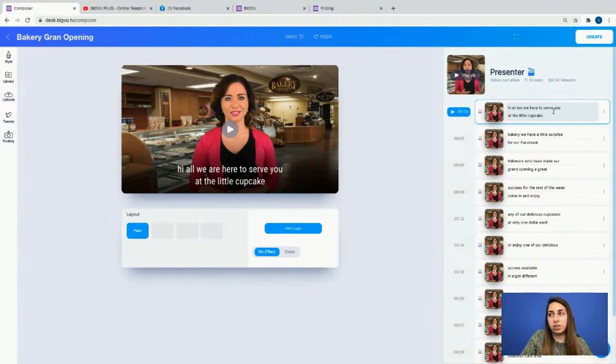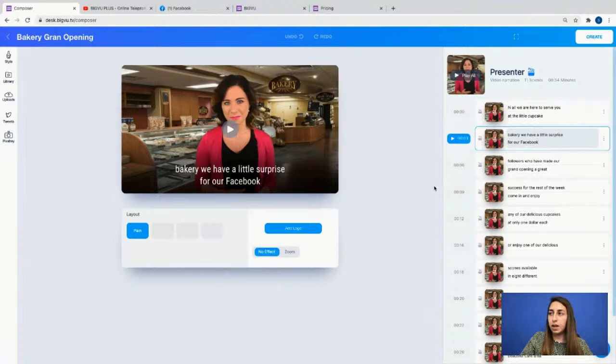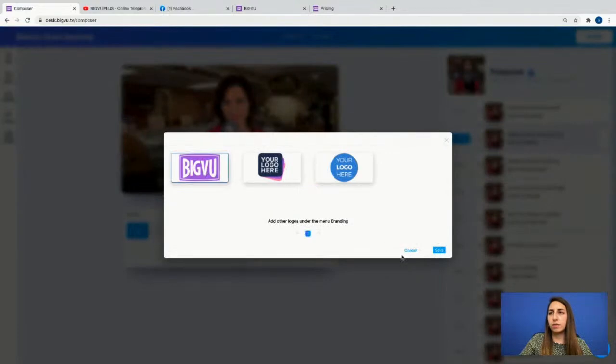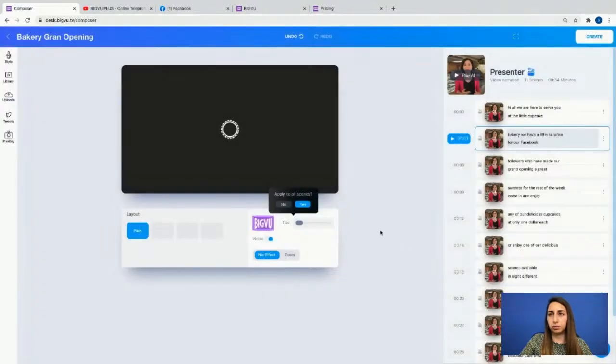So if you want to make changes in our captions, it is of course possible to do this from here. And we can also choose to play the whole video together, or we can play every part separately. So this is about the segmentation. Another thing that we see is that we can add our logo to our video. So we can make our video with our own personal branded logo. We just click over here and select our logo,